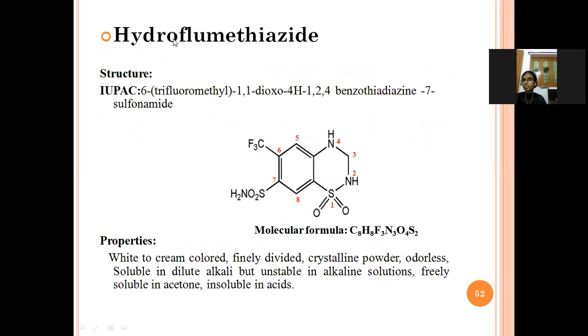Next drug is hydroflumethiazide, and this is the structure of hydroflumethiazide. The IUPAC name is 6-trifluoromethyl 1,1-dioxo 1,2,4 benzothiazine 7-sulfonamide. See here the structure. This is the benzothiazine, and this is the benzene structure. Thia means sulfur. Diazine means two nitrogen atoms are there. Azine means nitrogen. So in the second and the fourth position, the nitrogen atoms are there. So it is named as 1,2,4